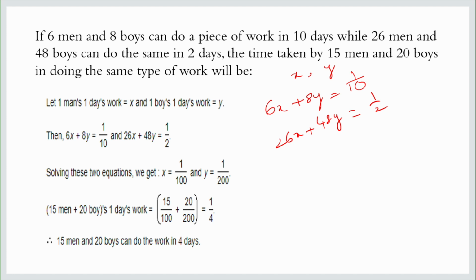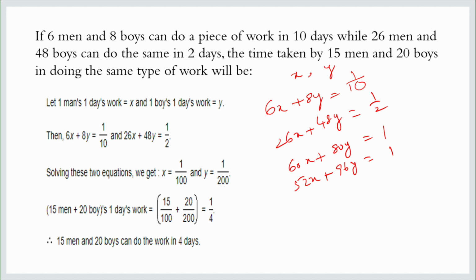Now, if you want to solve this, how are you going to get it? Simply multiply with 10: 60x plus 80y is equal to 1, and 52x plus 96y is equal to 1,